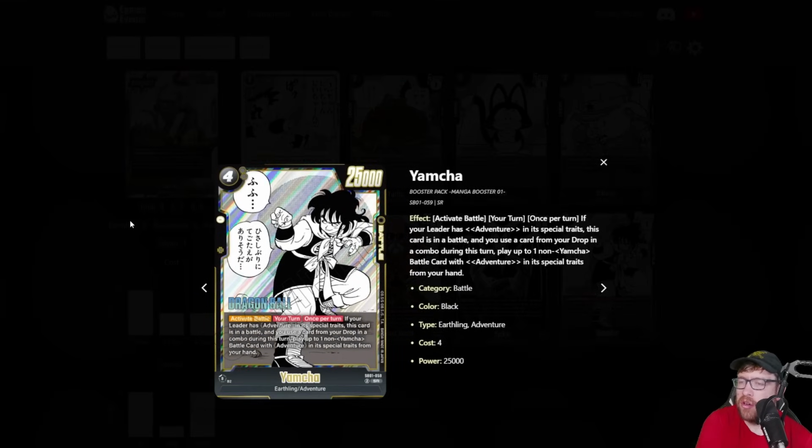So activate battle, your turn, once per turn. If your leader has adventure and special traits, this card in battle, and you use a card from your drop in a combo this turn, which is a mouthful, play up to 1 non-Yamcha battle card with adventure in its special traits from your hand. So it doesn't matter the cost, not that there are really that many high-costed adventure cards, but being able to